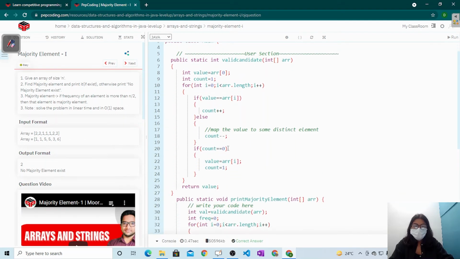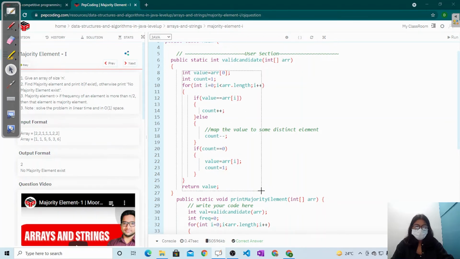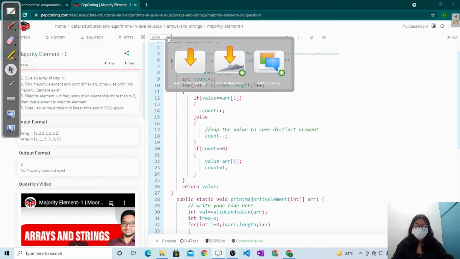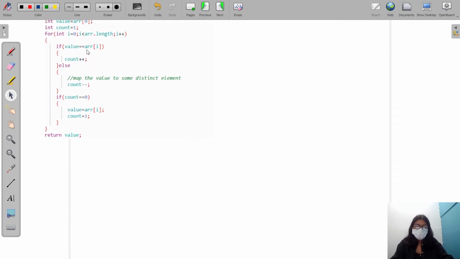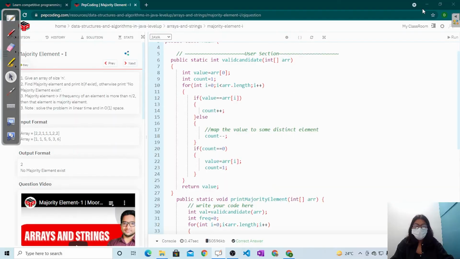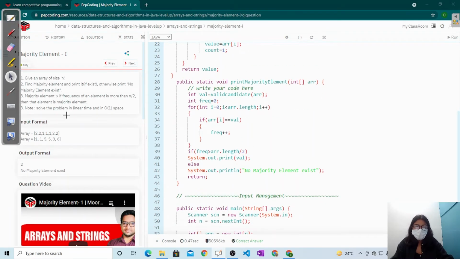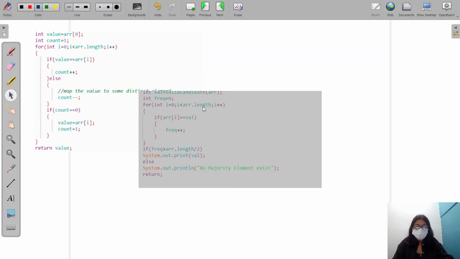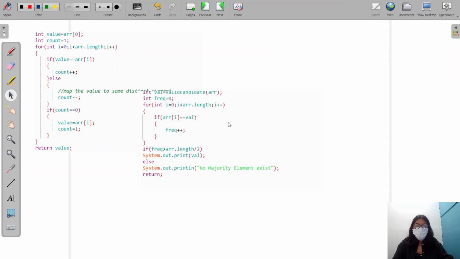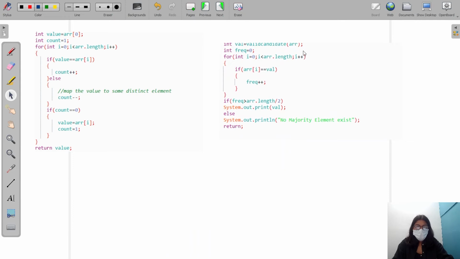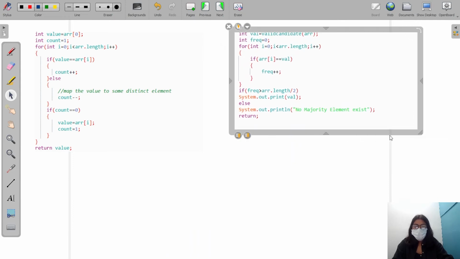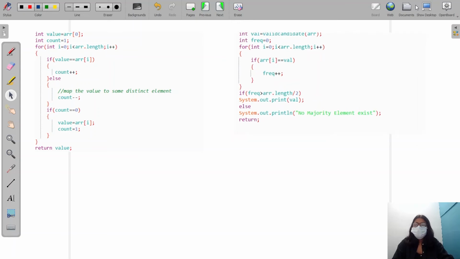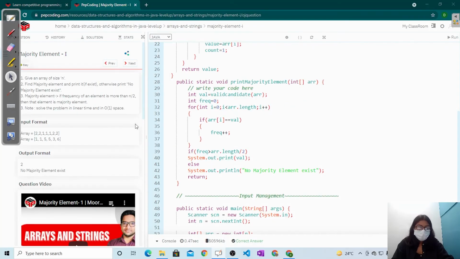Okay, submitted. All right, so now let's try to dry run this code a bit. So let's run this over our array, which is my input.